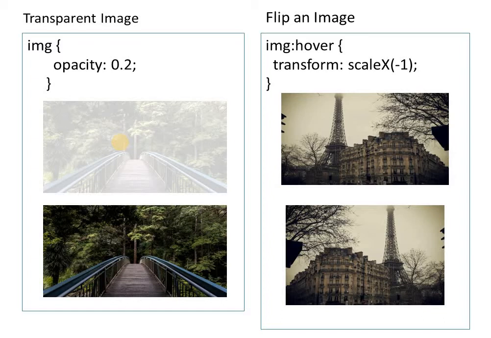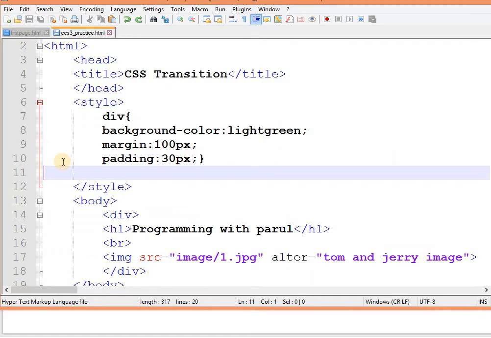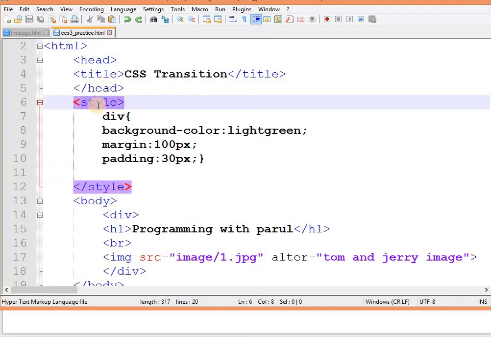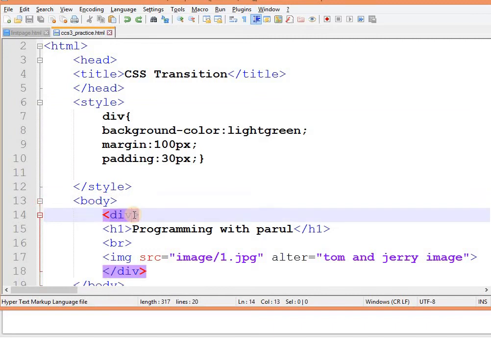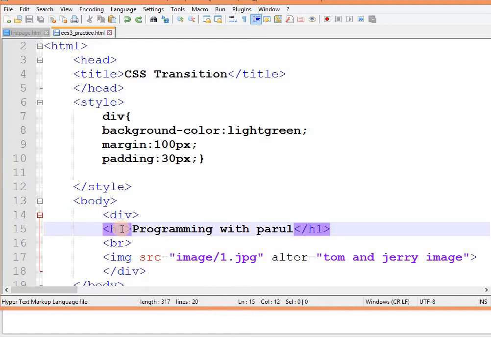Now let's check in Notepad++. This is the code of HTML plus CSS. In this code I have taken one style tag, in which I have set properties for the div tag, because in my body section I have taken one div tag. In the div tag I have nested two other HTML elements: an h1 element with content as Programming with Parul, and after a break, one image.